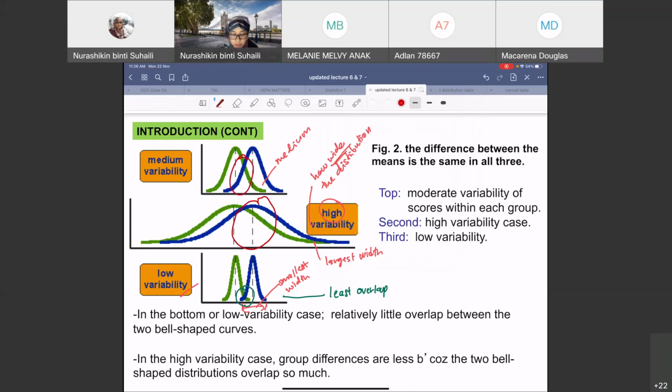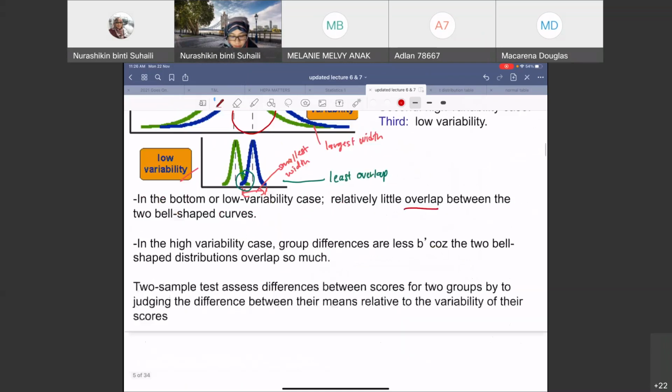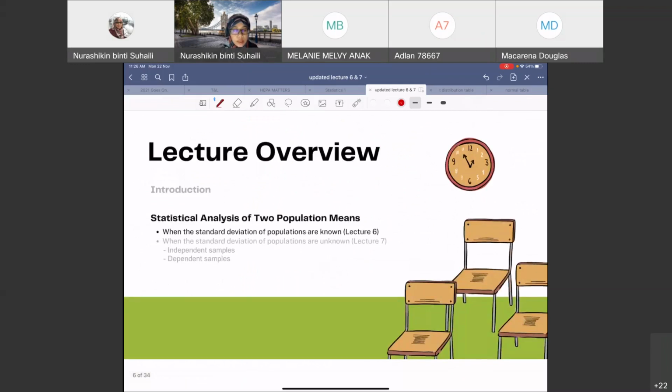So there are two things that we focus on when we have two distributions: variability, how variable it is, and the overlap. That's how you basically compare two distributions. So now let's move to